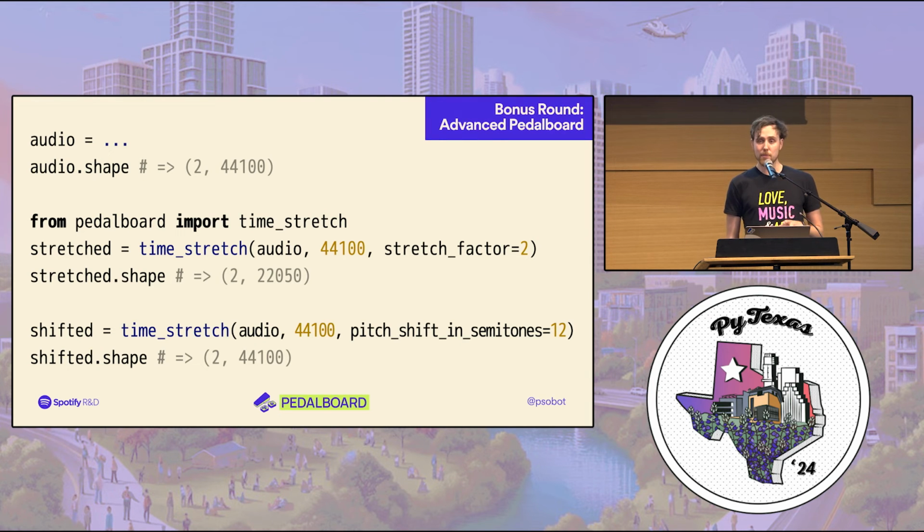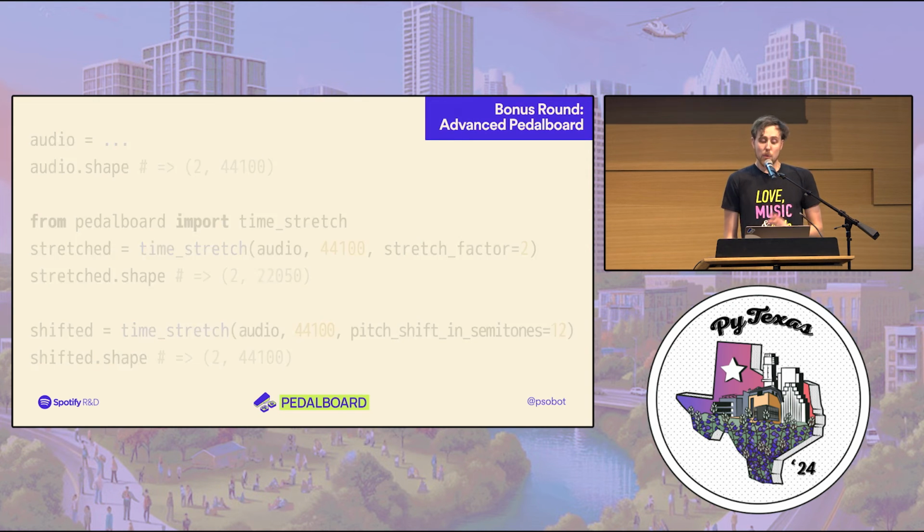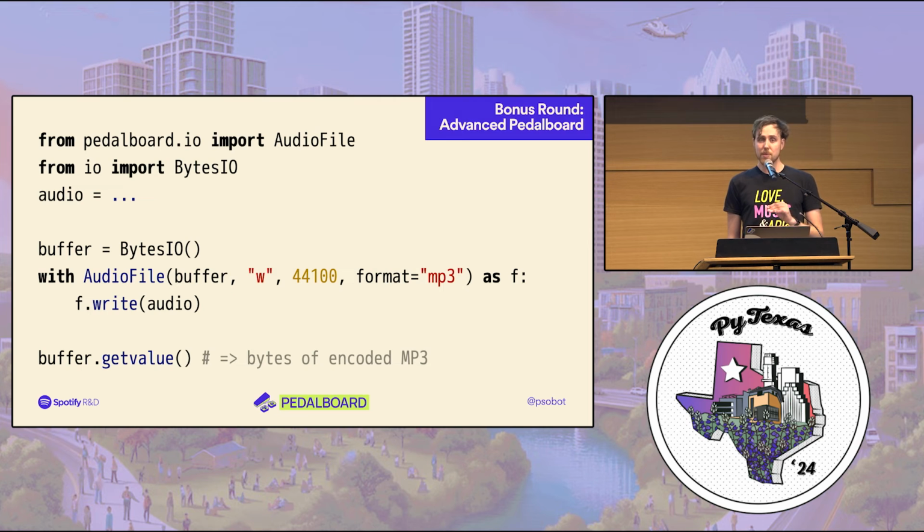Huge shout out to Chris Canham of Breakfast Key for implementing the rubber band time stretcher that we use here. It sounds great. And one last thing, all of the functions you've seen so far have been talking to files